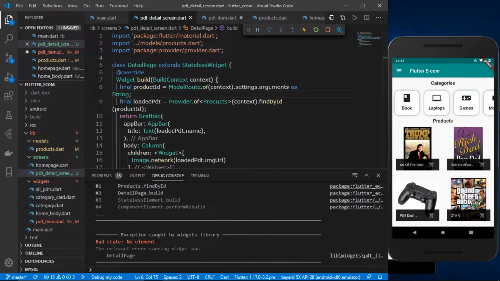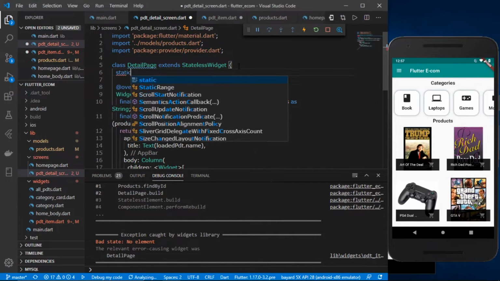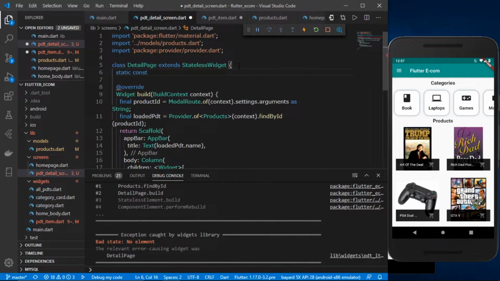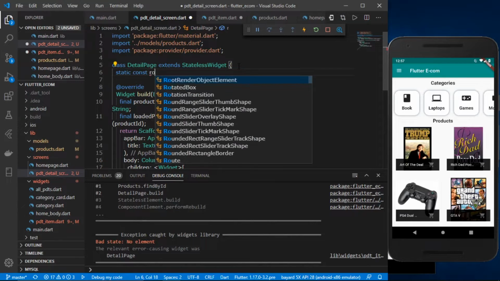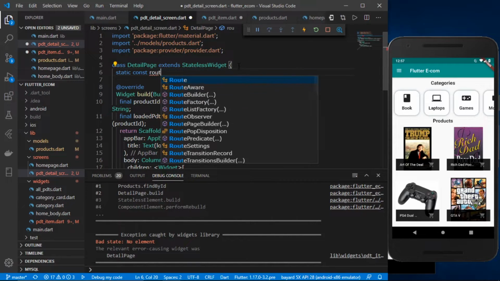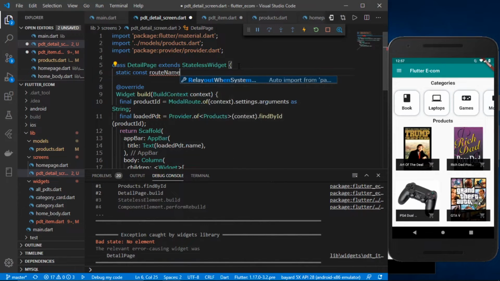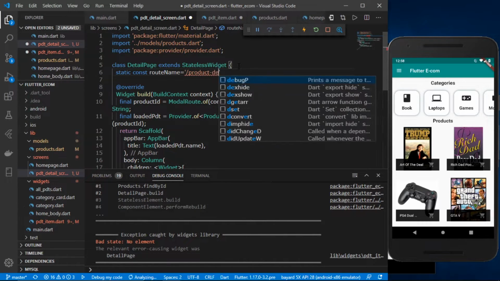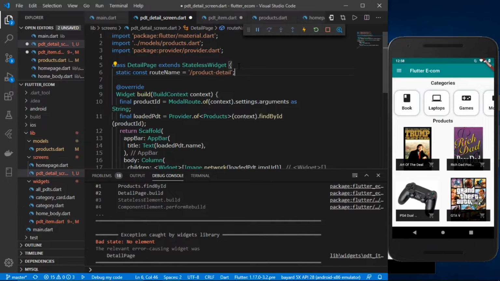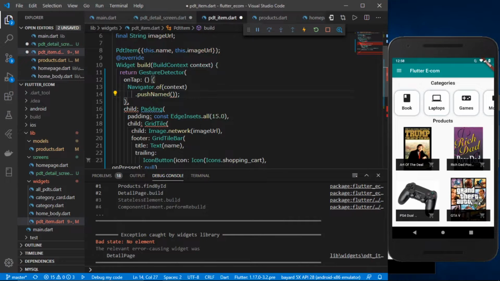So back in my product detail file, I can create a static constant. So static const, so basically it is never going to change. So it would be the routeName, and let's call it /product-detail. Okay, and now we can use this route name in place of the